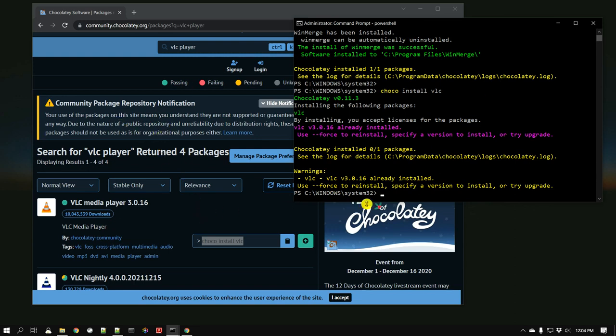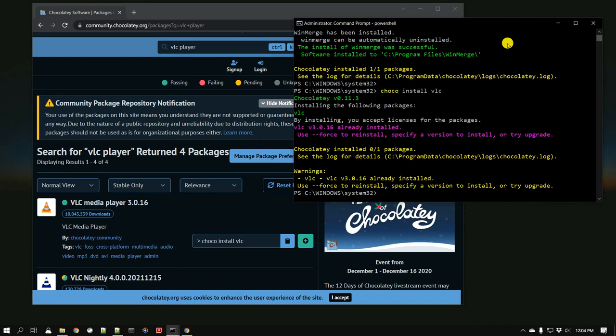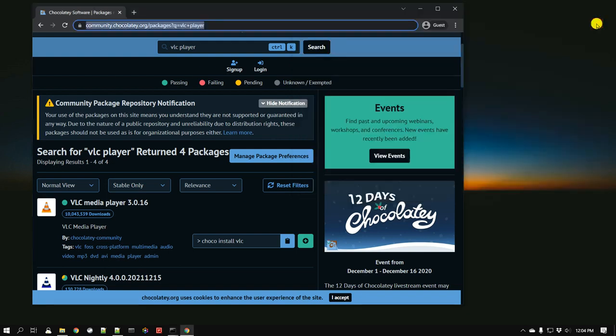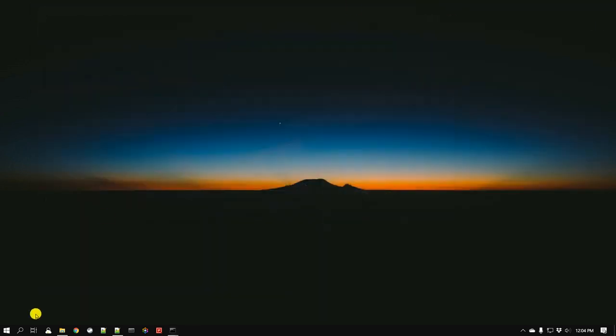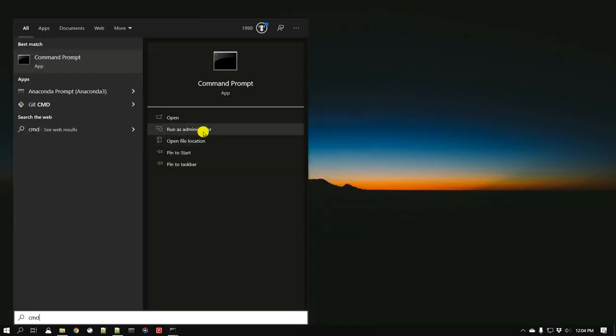So let's try another one. Now so far I've been going to this website and searching in this search bar, but Chocolatey allows you to search right from the command prompt itself. Okay, and so I'm going to close the command prompt right now. I'm going to close this also, and let's open command prompt. Make sure that you open that in admin mode in order to install any Chocolatey package. Sometimes it works without admin, but it's always good to do that. So I'm going to say run as admin,